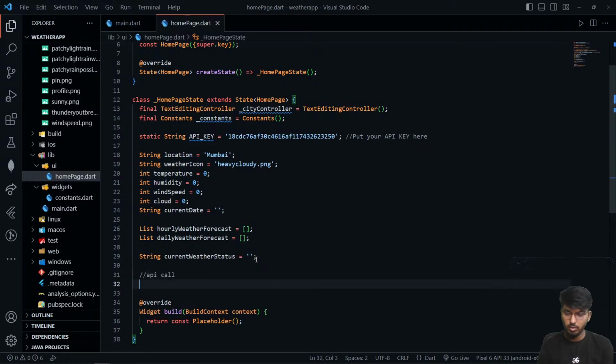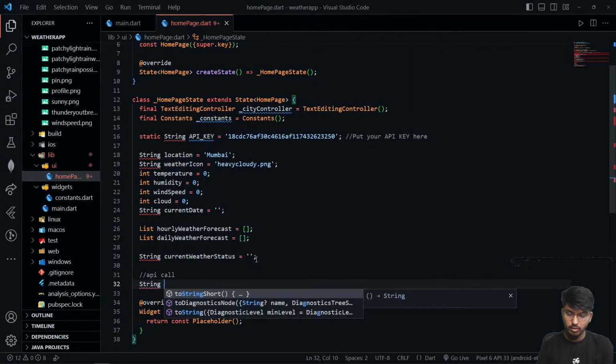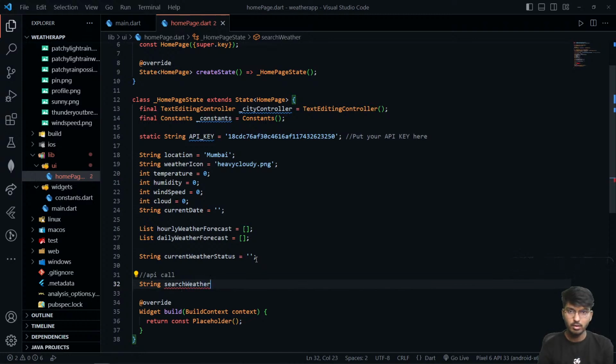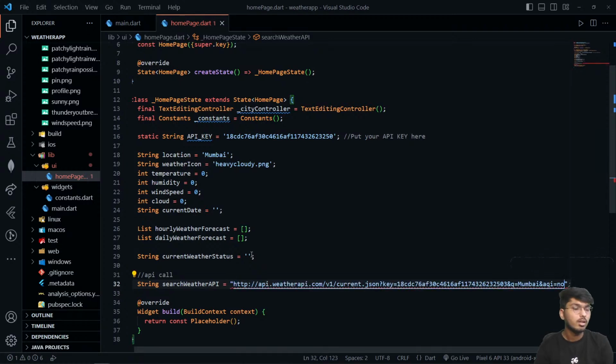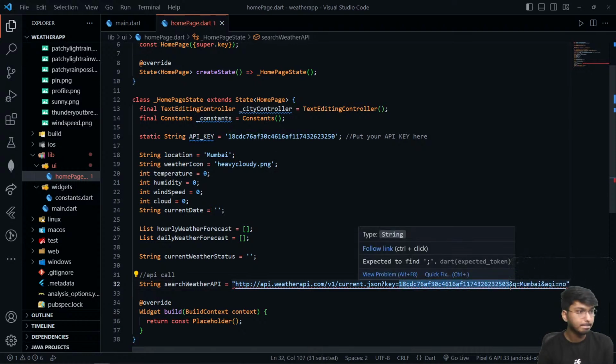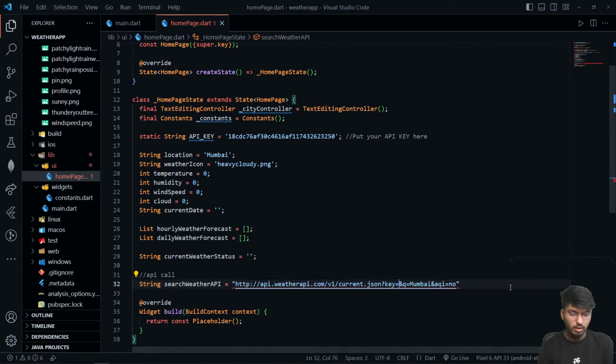So inside the API call, I'm going to create a string. Now inside the string, I'm going to search whether API. Okay, so search whether API will be like this: .com.list key equals to, we are going to add over here plus plus symbol, and inside this plus symbol I'm going to use the API key that we have taken over there. So yeah, it will look like this,